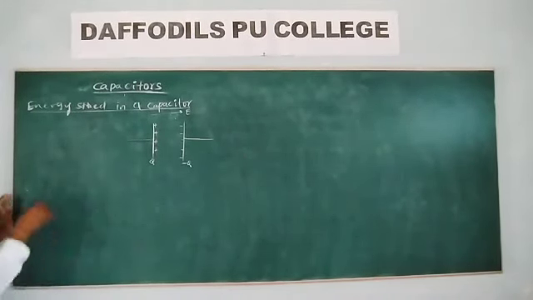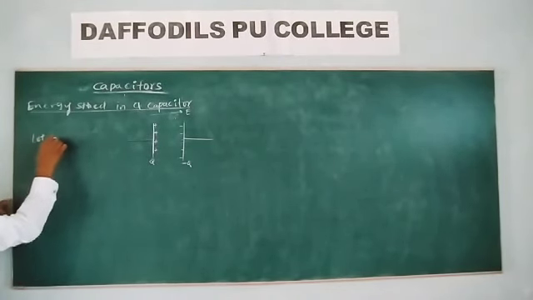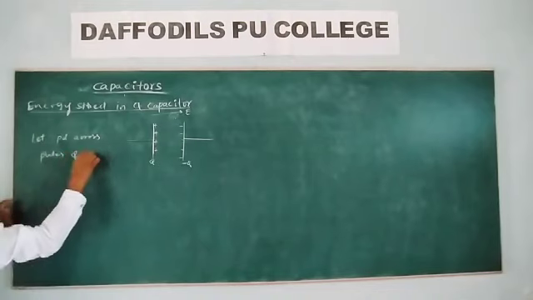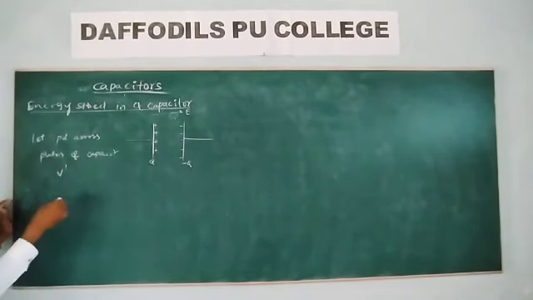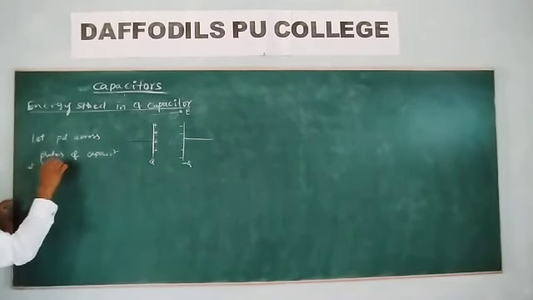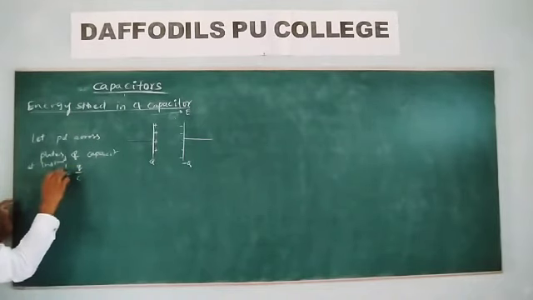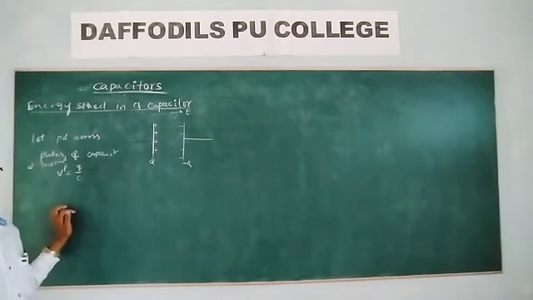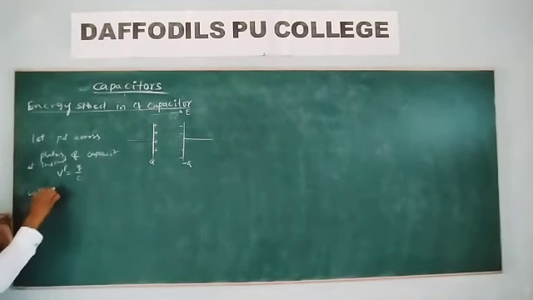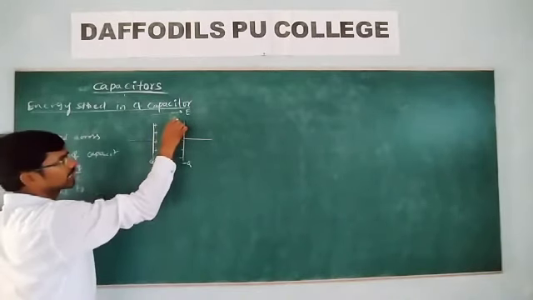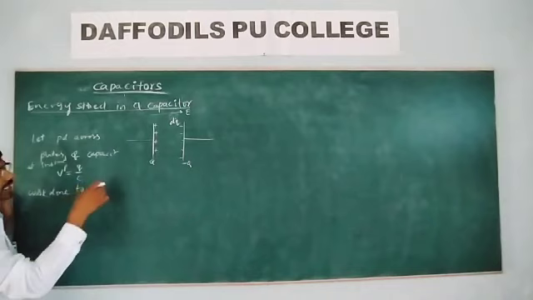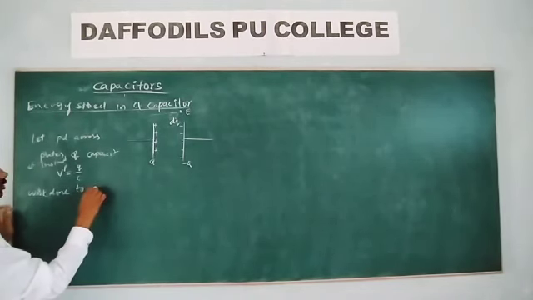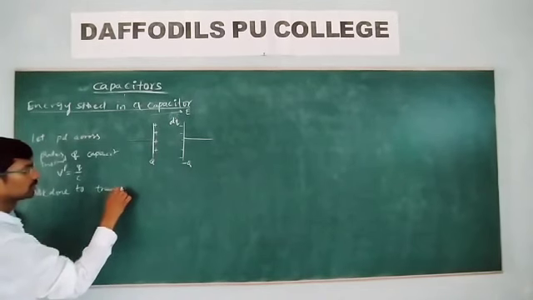Let me take the potential difference across the plates of the capacitor as V dash, because at a certain instant we are taking, V dash is equal to q by C. At that instant, if the charge across the plate is q, then V dash is equal to q by C. But work done to transfer dq charge, instead of taking the total charge, first we find it for dq charge, then afterwards we can calculate for the entire charge of the capacitor.